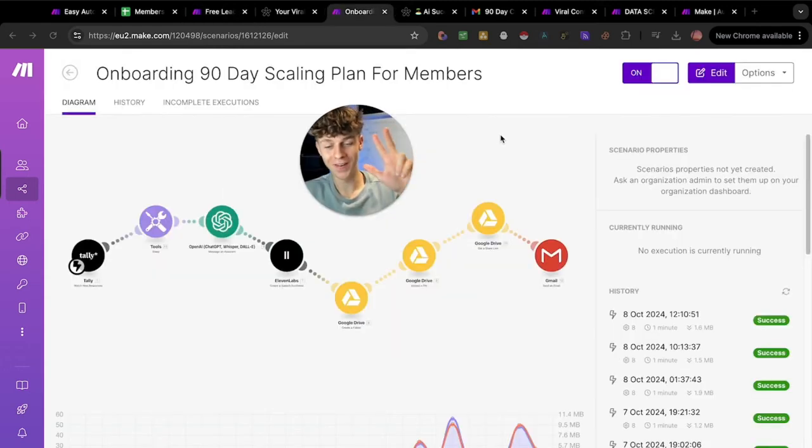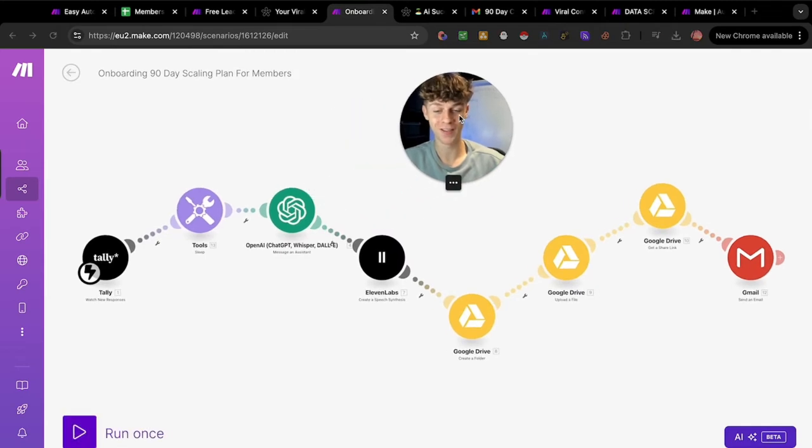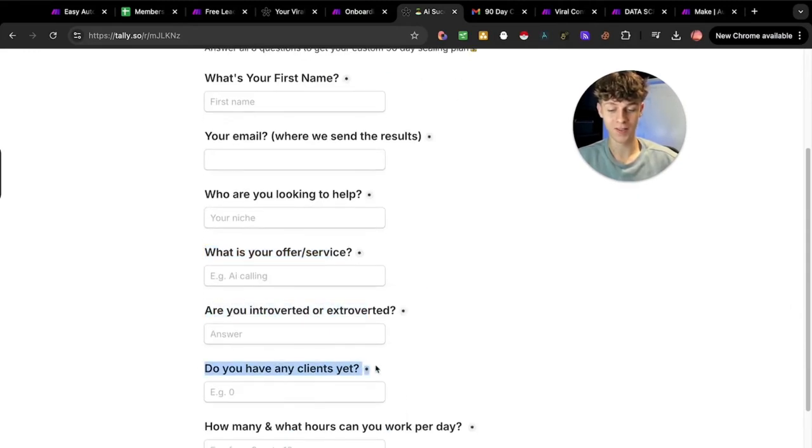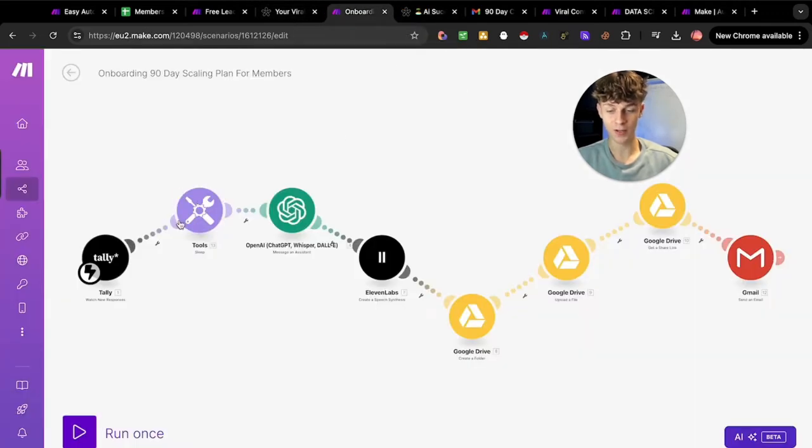Okay, so we've got my third favorite automation, and this one is by far the most creative one. I generally don't think you would have seen an automation this creative before. So how this works is that when members or your clients fill out this onboarding form, which is just a Tally form, which you should know by now because I explained it in the prior automation, it's just a form builder. But once people fill out this onboarding form with their first name, their email, who they're looking to help, what their offer is, are they introverted, do they need clients, just some basic information,